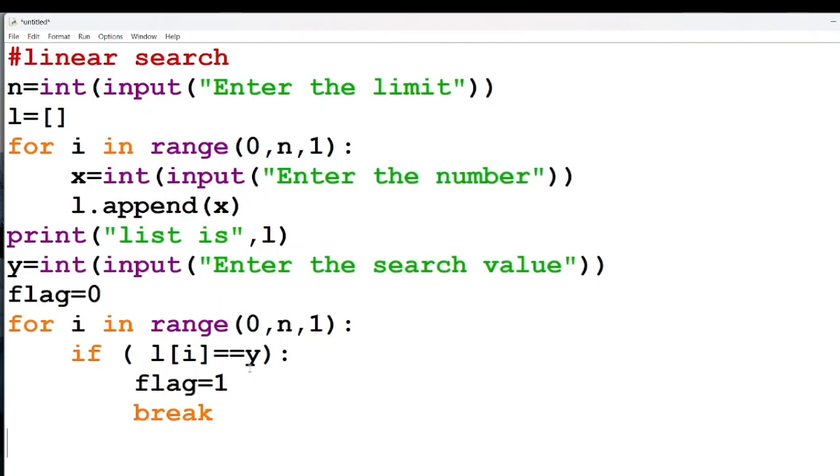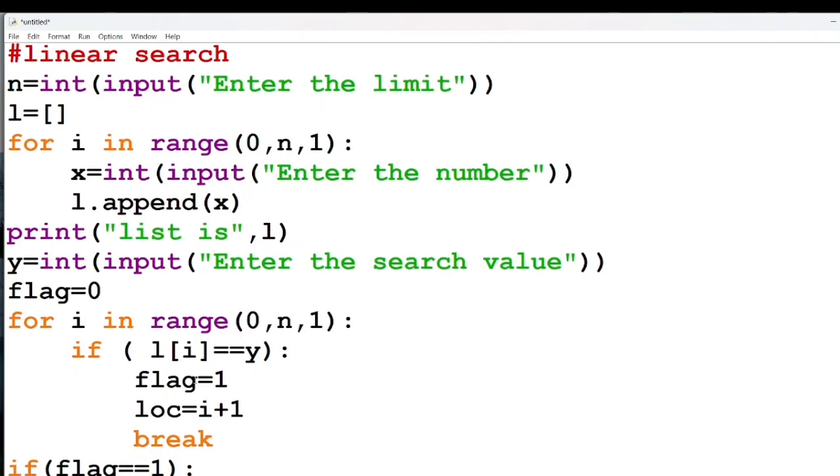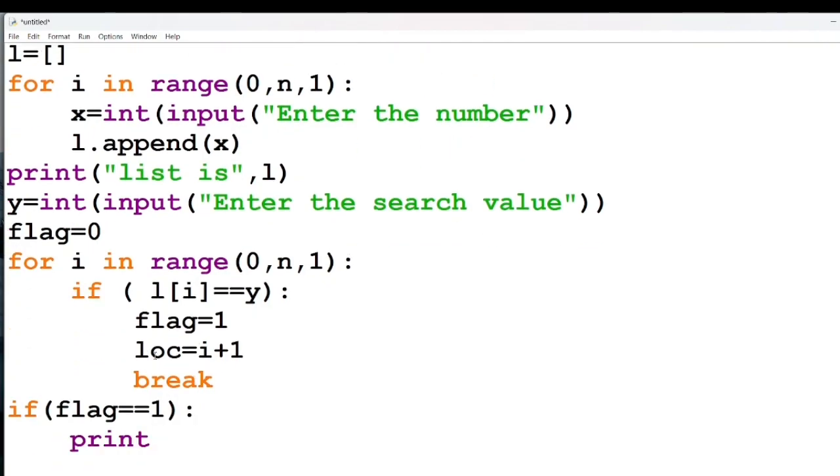And if you want to print the location, then LOC equal to I plus 1. Why I plus 1? Because every index starts from 0, but we are considering from 1 from the user's point of view. Now print, if flag equal to 1, then print